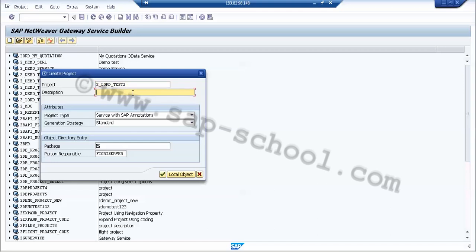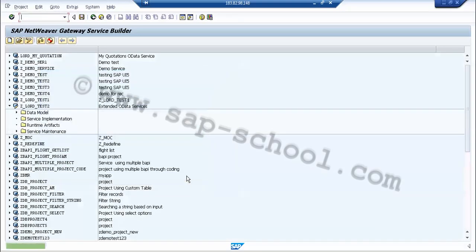Let's say I give it here as extended OData services. After that we have to provide the project type as the service with SAP annotation, and the generation strategy as standard, and we have to choose local object as the package type.